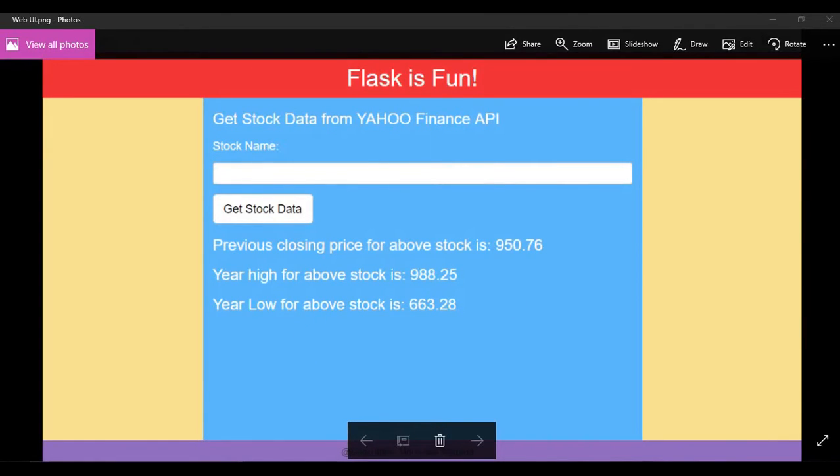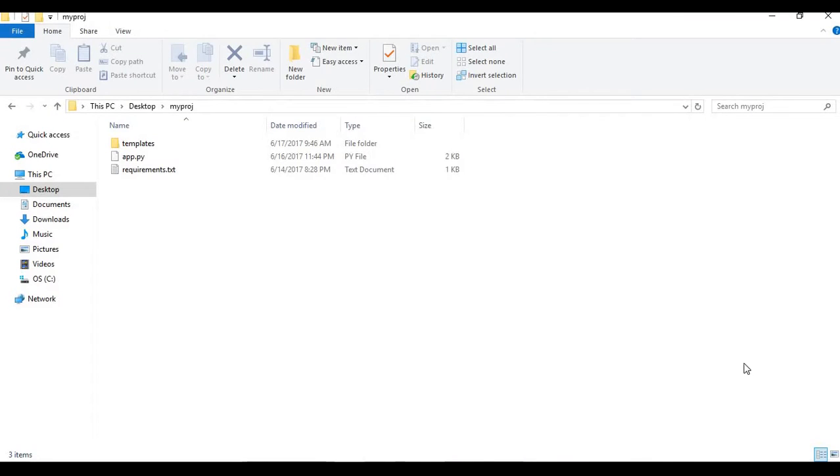First of all, I will walk you through the directory structure. Whenever you are going to create a project, you are going to create a project folder, right? And this is the usual directory structure of a folder of any project for Flask. This first folder, templates, contains all the HTML pages, that is all your view part of your MVC architecture. Okay, here I have only one page that is called index.html. That is the page you just saw.